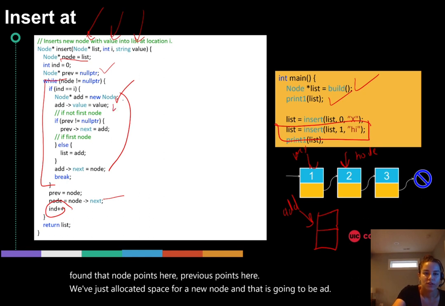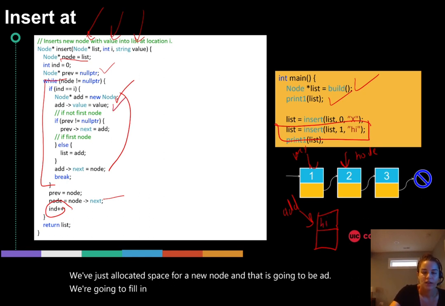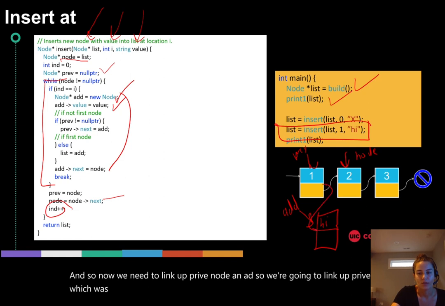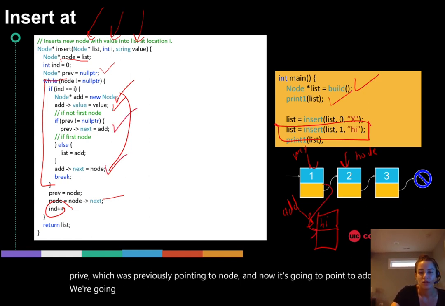We are going to fill in the value, which is high, and so now we need to link up prev, node, and add. So we're going to link up prev, which was previously pointing to node, and now it's going to point to add. We're going to link up add to node, so add's next is going to point to node,